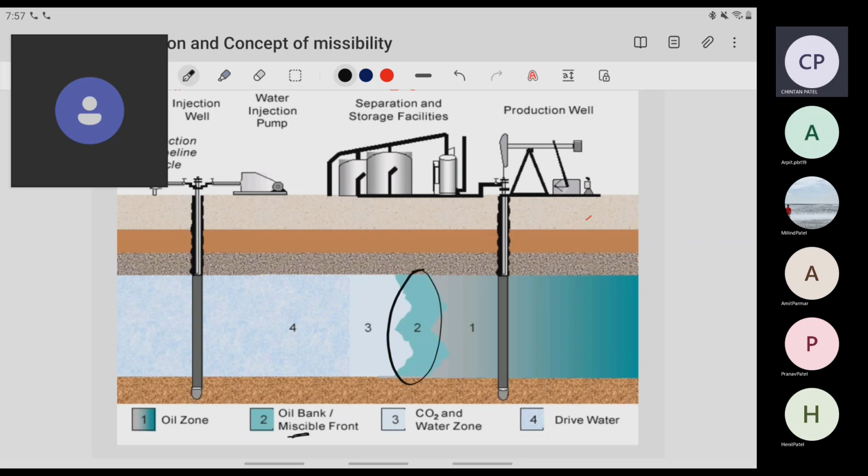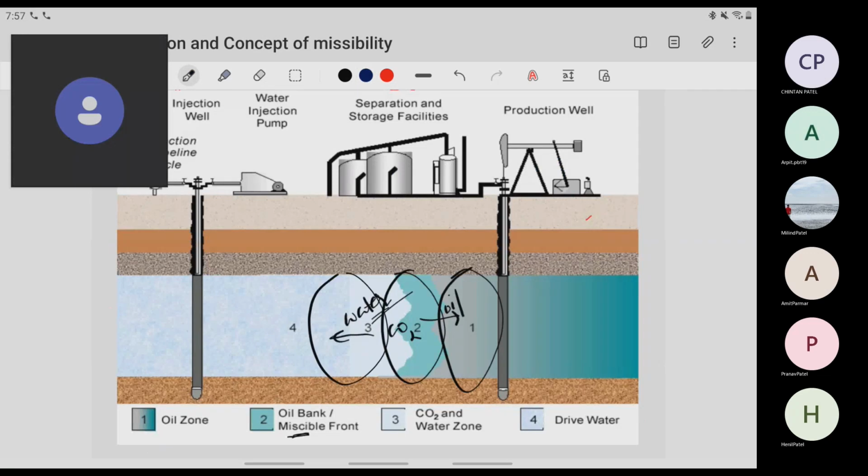उसके बाद है ये वाला जो CO2 है। ओके, वो दोनों के साथ मिसिबल हुआ होगा। आगे ऑयल को हम ले जा रहे थे, तो यहाँ पे लेट सपोज CO2 इंजेक्ट किया तो ऑयल के साथ भी मिसिबल हुआ होगा, और पीछे जो वाटर है उसके साथ भी मिसिबल हुआ होगा। तो यहाँ पे यू कैन कंसिडर समथिंग लाइक दिस, तीन जोन हैं, यहाँ पे प्योर ऑयल है, यहाँ पे मिसिबल जोन है CO2 प्लस ऑयल का, यहाँ पे मिसिबल जोन है CO2 प्लस वाटर का, बट इट मस्ट बी हायर मिसिबल इन ऑयल विथ रिस्पेक्ट टू वाटर। डेफिनेटली थोड़ा बहुत वाटर के साथ भी मिक्स हुआ होगा।